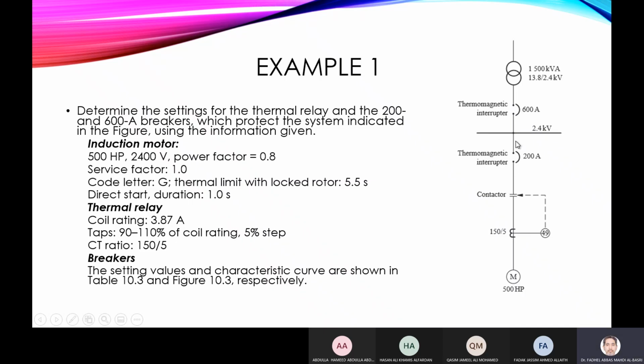So you don't see CTs and VTs here because the protection elements are within the breaker itself. But for the thermal element here, they use a CT, that thermal relay here, that models the thermal characteristic of the motor. So based on this current, if you exceed the thermal element, you want to open the contactors. So why don't we also add an overcurrent relay here, since we have a CT, and also open the